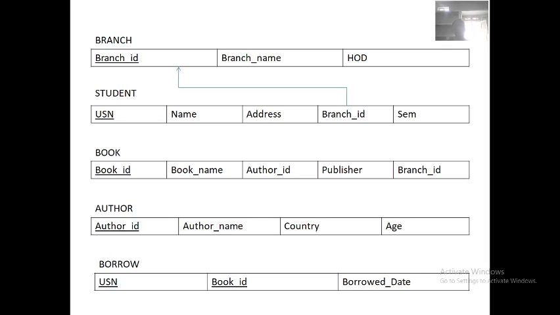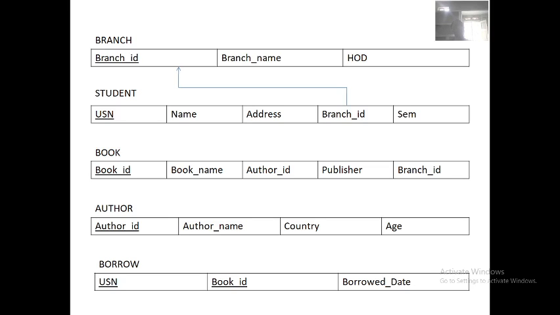One is branch, where branch ID is a primary key. Student is another table, where student USN is the primary key. Another table is book, where book ID is a primary key, and in author, author ID is the primary key, and in the borrow table USN and book ID are the primary keys.